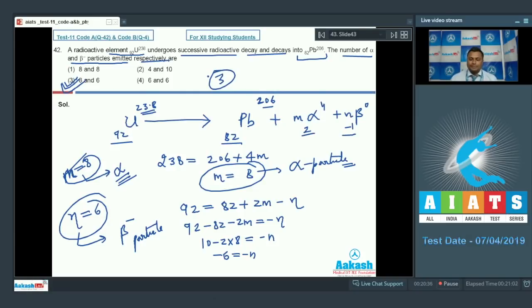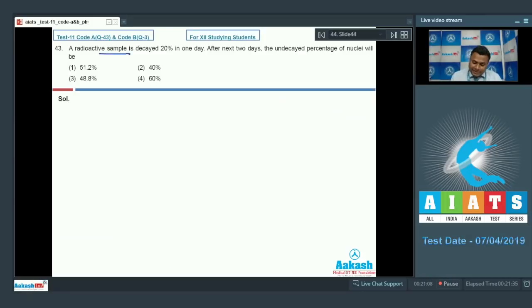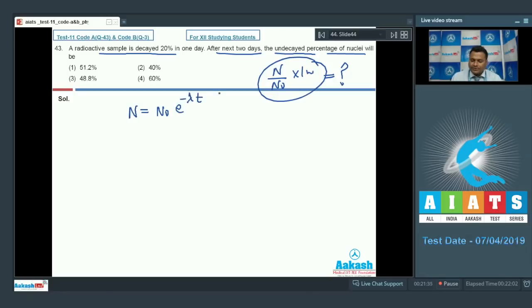Now move on to the next, that is 43 number. So here is question number 43, everyone. A radioactive sample is decayed by 20% in one day. After next 2 days, the undecayed percentage of nuclei will be what? So for example, suppose n number of nuclei will remain. So we have to calculate n upon n naught multiplied by 100. Now we know that number of active nuclei left is n naught e to the power minus lambda t. T is 1 day and n is decayed by 20%. So the left amount is what? 80%. So 80 by 100